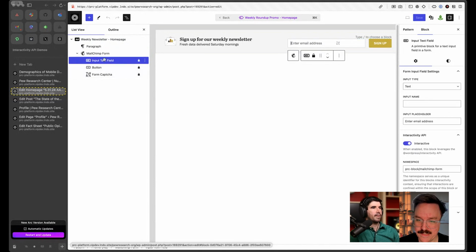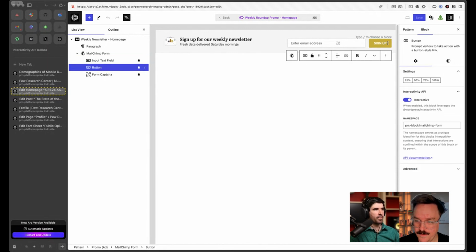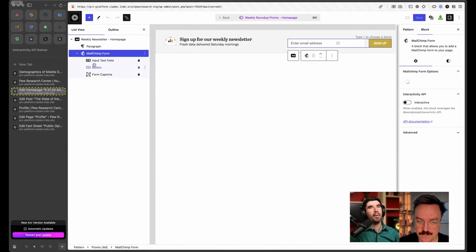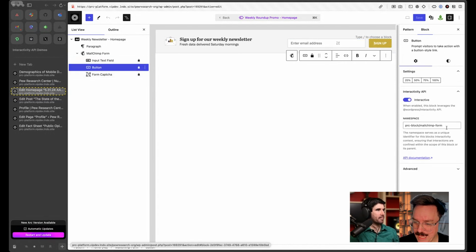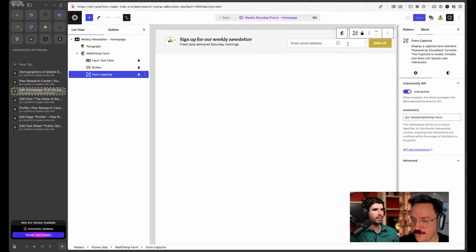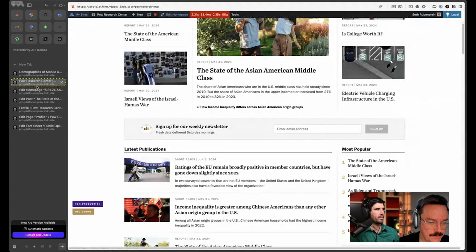Okay. This is a text field block in here. You'll see it's got the namespace PRC block MailChimp form, so that it knows about its actions and callbacks and everything, right? Okay. And then here we have button. It also says PRC block MailChimp form. And we have a small CAPTCHA block too that works that way. So when we go back to the home page,